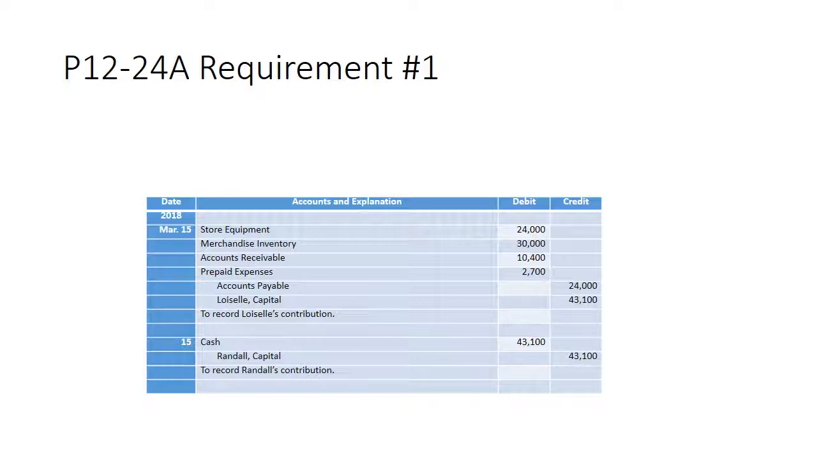We have Loisel and Randall formed a partnership March 15th. The partners agreed to contribute equal amounts of capital. You want to underline that. Loisel contributed her sole proprietorship's assets and liabilities as follows. So we have book values listed and current market value. On March 15th,